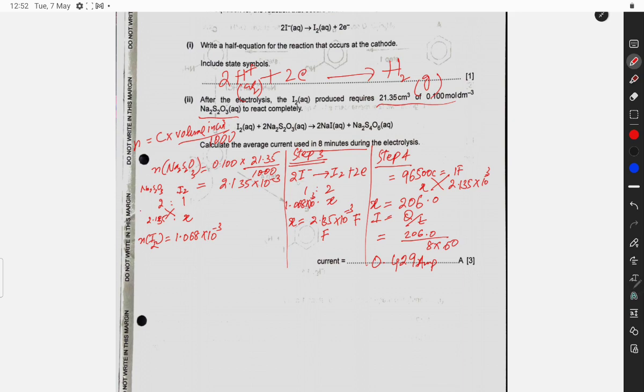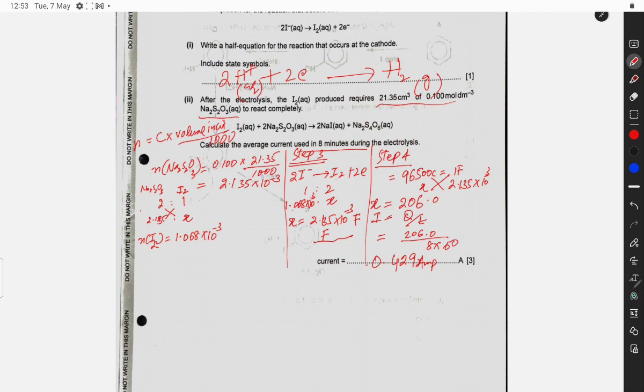We know that 2 iodide ions, this is the reaction at the anode. 2 iodide ions give iodine plus 2 electrons. So 2 electrons, 1 iodine ratio. This is iodine moles. 1 mole requires 2 Faradays. And what would be the Faradays if 1.068 into 10 raised to the power minus 3 mole is there? So x is equal to 2.135 into 10 raised to the power minus 3 Faradays, and we know that 1 Faraday